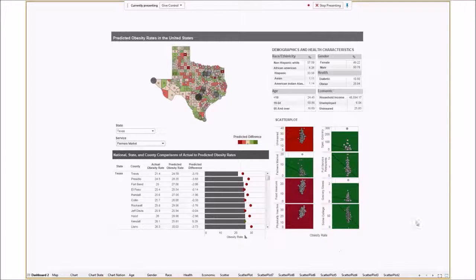And so the goal is really to understand the risk and protective factors for obesity for each state and within each county. Understand the high probabilities of increased obesity rates, and then also